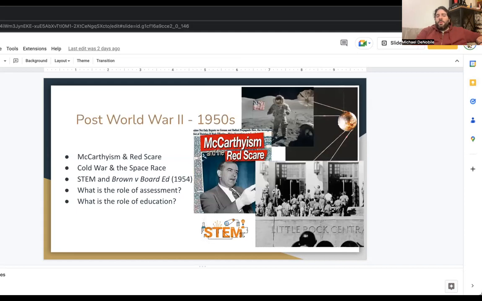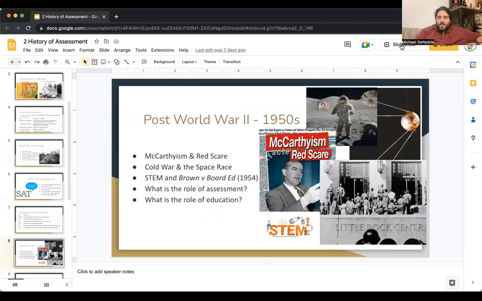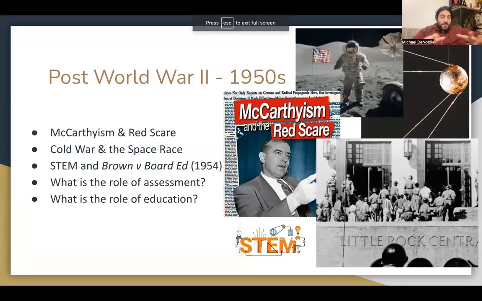Fast forward now, post World War II, we're in the 1950s, and a lot now is going on. I'm going to make the screen bigger. I had a lot of notes that I wanted to make sure that I covered, and the rest of my notes are pretty much on here, and I'm pretty comfortable from the 1950s forward.